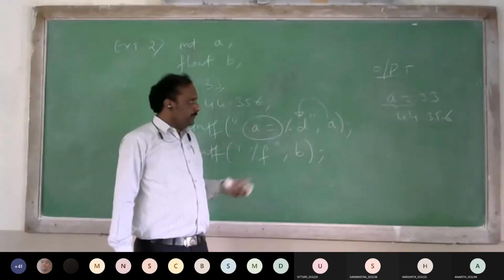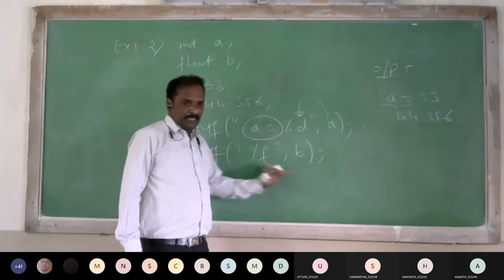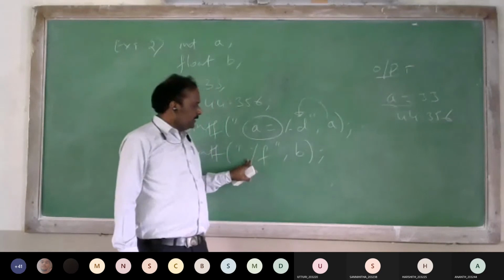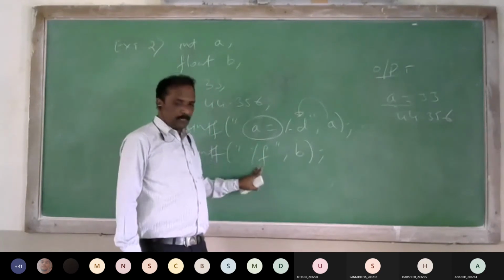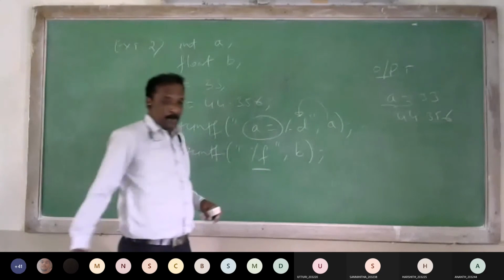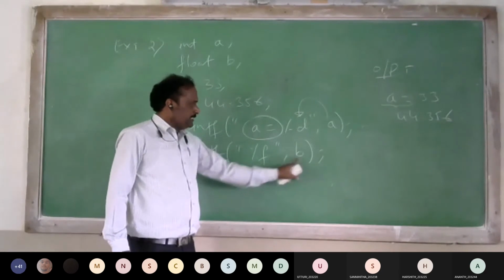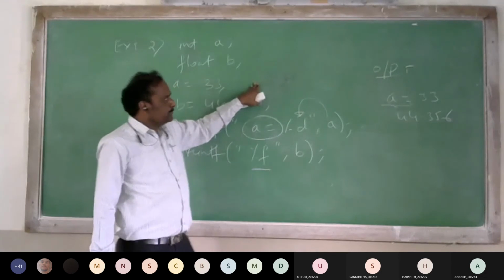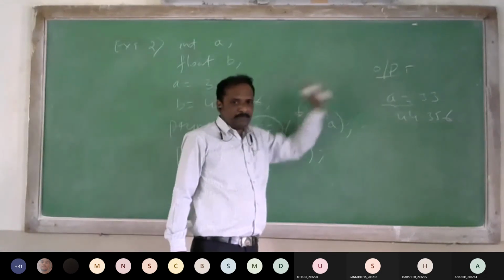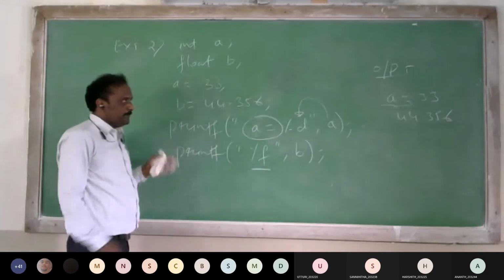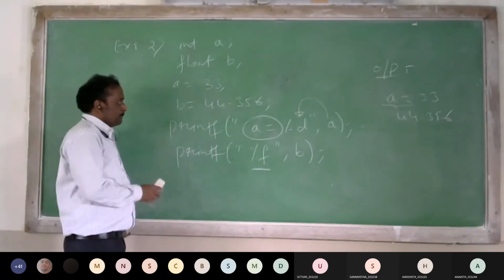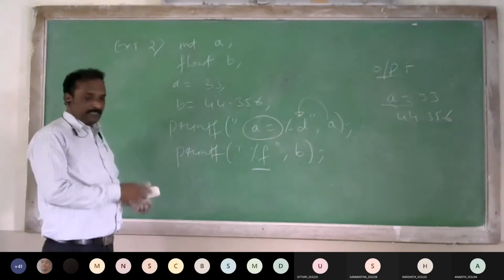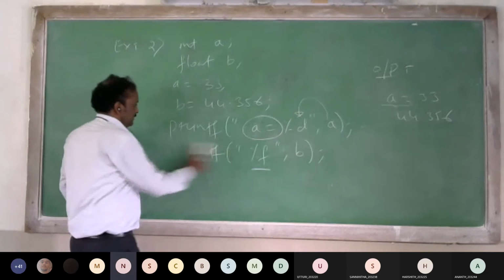That is our bit. If you want to display a message like b value is, or b is equal to, or b contains the value, whatever information you want to write, you can write. But that is optional. The type specifier is mandatory, compulsory. That's why in the printf statement the first argument is the format specifier. Then the next will be variables separated by comma. Clear everybody? Clear? Yes, sir.